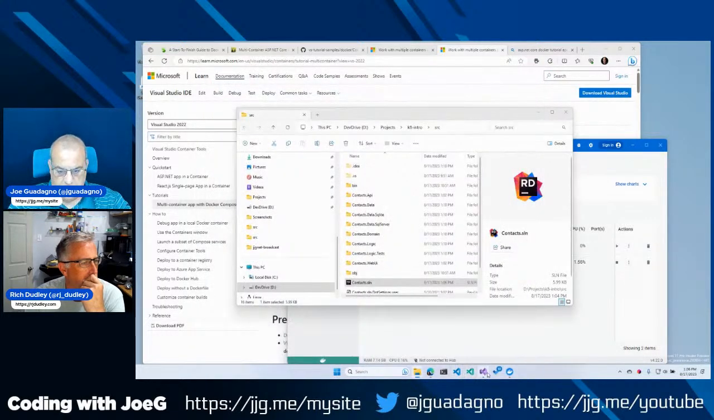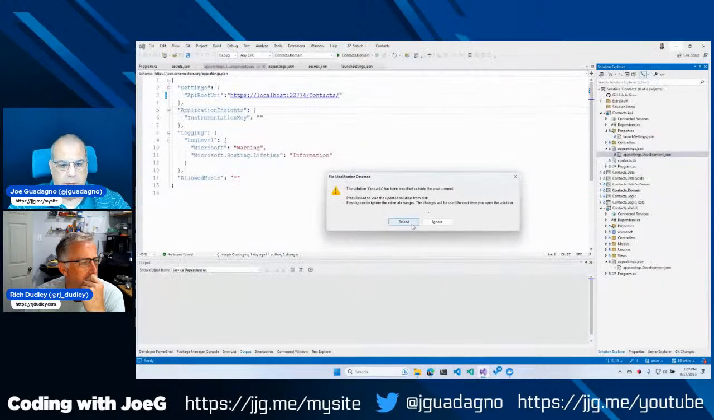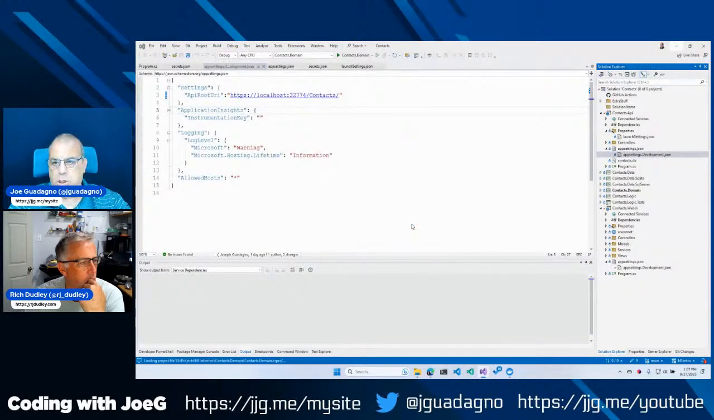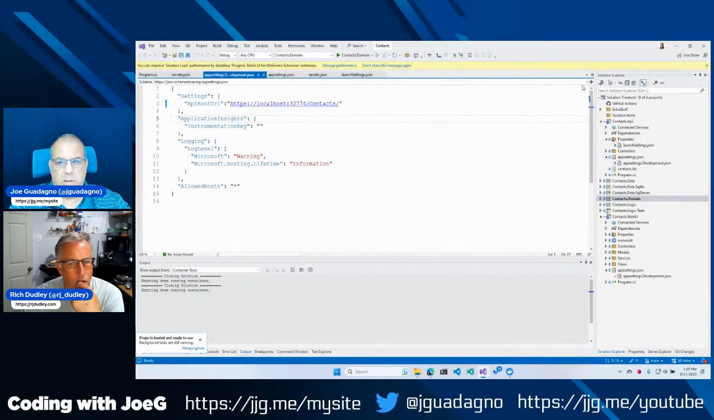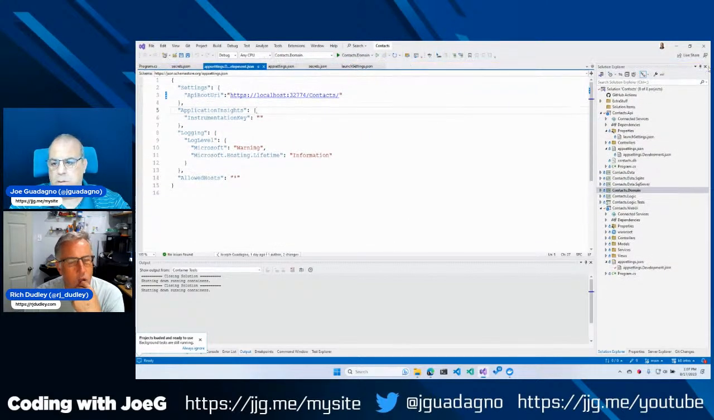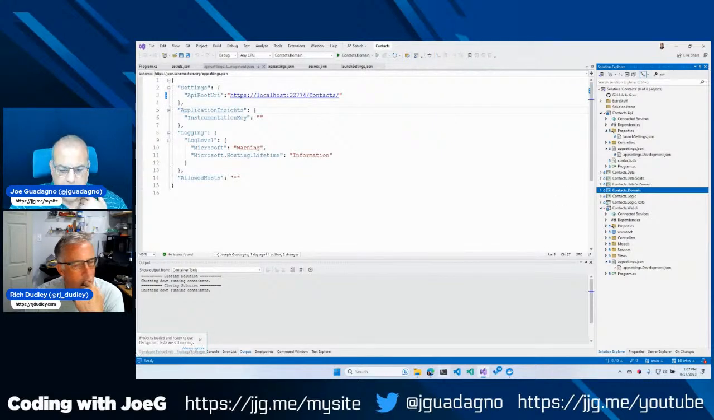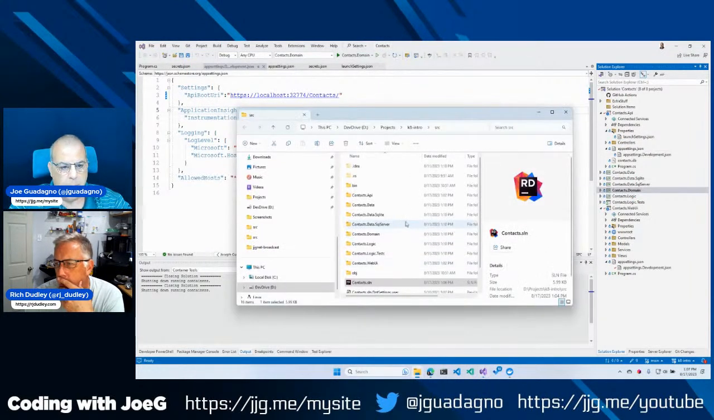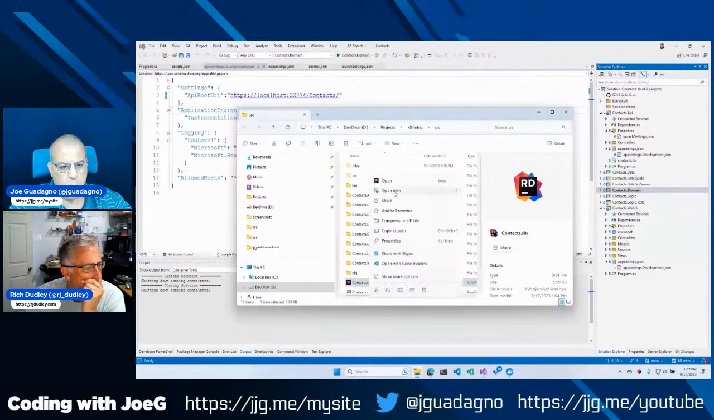Let's go back to Visual Studio. It's going to say, yes, it's been changed. Oh, it's back to preparing the solutions. And it didn't change them. Why didn't it change them? Is it looking at full names? I don't think so. Open with